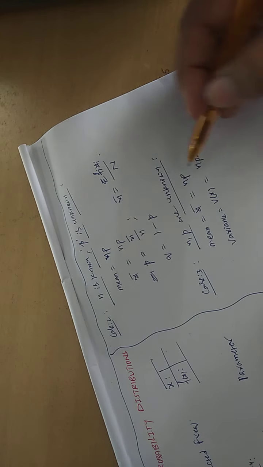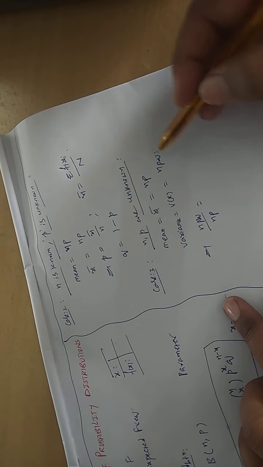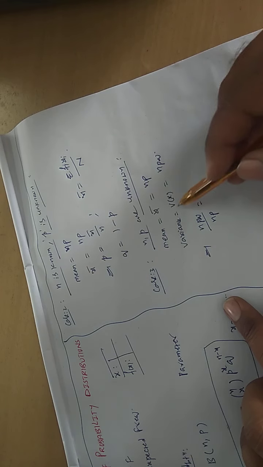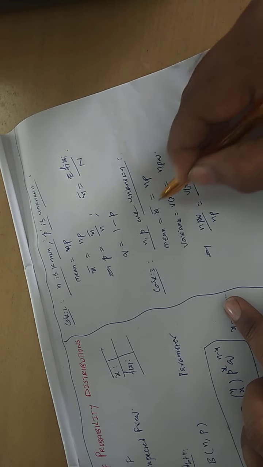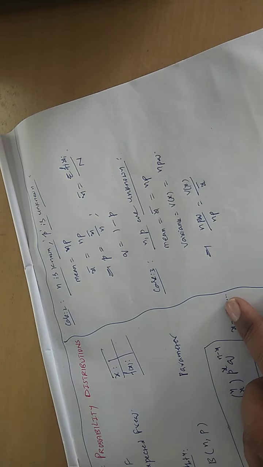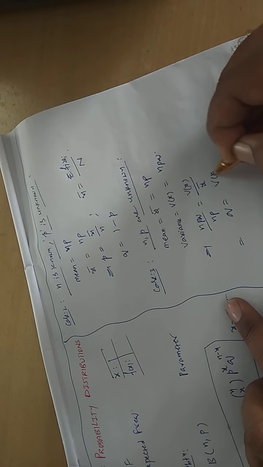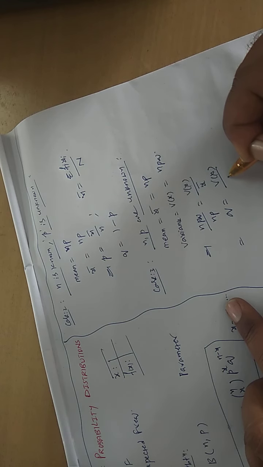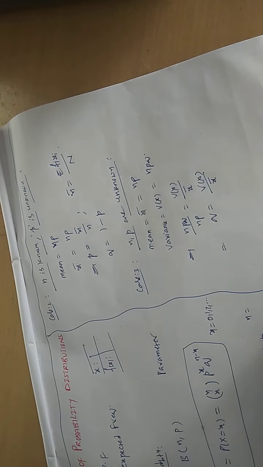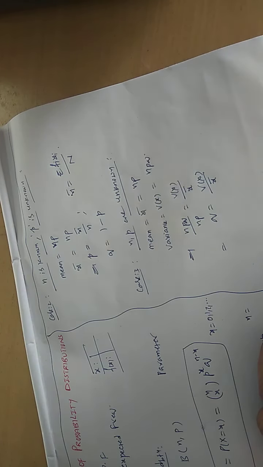When you know these two, you know how to get the q. It is nothing but npq by np. So when you are doing npq by np, here also what is the npq value? Variance of x, and np value is x bar. But here np gets cancelled. What are you left with here? q. So that means q is nothing but variance of the data by mean of the data. From the data directly you get the variance and the mean, and you will get the q.